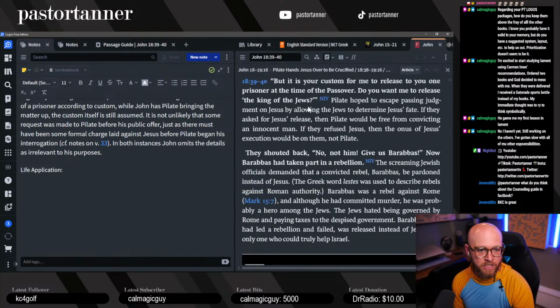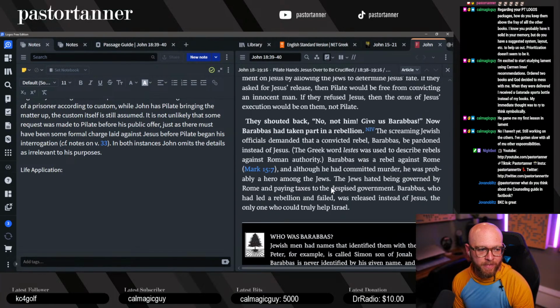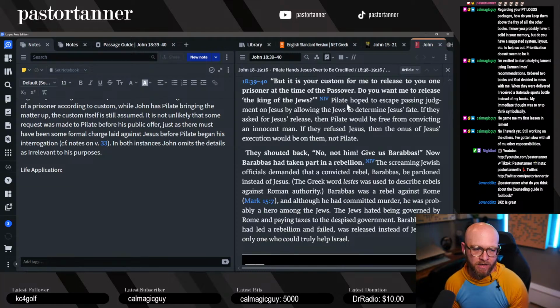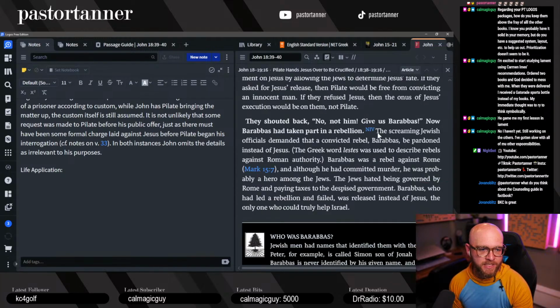And look, you can see 2 paragraphs here, plus a little bit of background on who is Barabbas. Pilate hoped to escape passing judgment on Jesus by allowing the Jews to determine Jesus' fate. If they asked for Jesus' release, then Pilate would be free from convicting an innocent man. If they refused Jesus, the onus of Jesus' execution would be on them, not on Pilate. We've already seen that. The second one, the screaming Jewish officials demanded that a convicted rebel, Barabbas, be pardoned instead